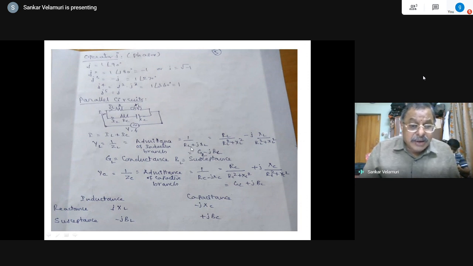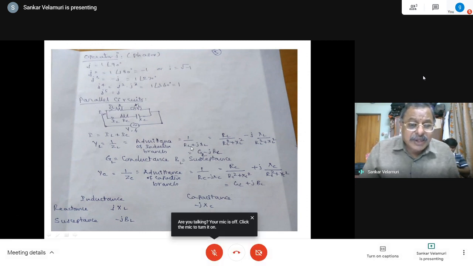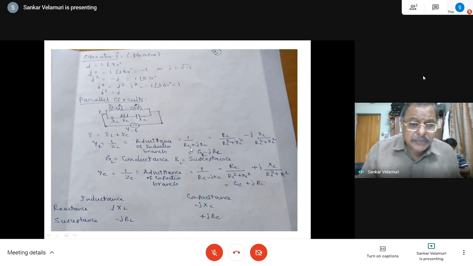RL is the resistive component, or the real resistance, in the inductive branch. It is a simple notation. It is not a coil or additional resistance connected in series in that particular branch, that doesn't matter. So RL plus jXL, multiplied by the complex conjugate RL minus jXL in both numerator and denominator, separates into real and reactive components. The real part is called the conductance: RL by RL squared plus XL squared, which is the square of the magnitude of the impedance. RL squared plus XL squared under the root is the impedance ZL. So RL by ZL squared is the conductance of the inductive branch, right?